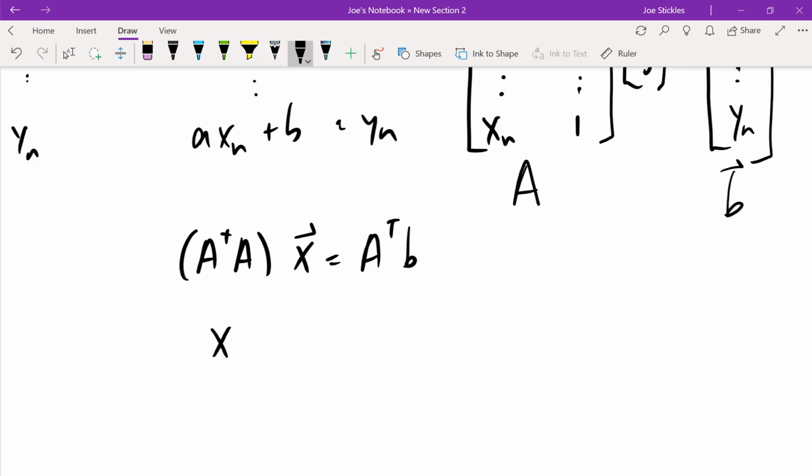So there we get our least squares solution by applying the inverse of A transpose A to both sides. So that gives us our least squares solution. We can do this now for pretty much any types of functions that we want, provided that we can set up a system of linear equations in the coefficients. So just to do an example again,